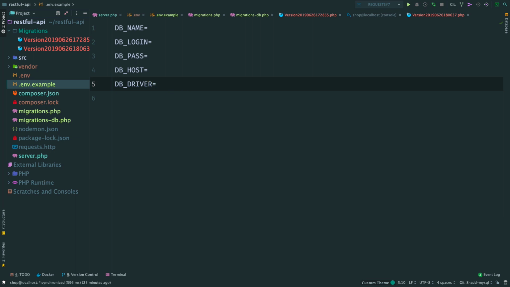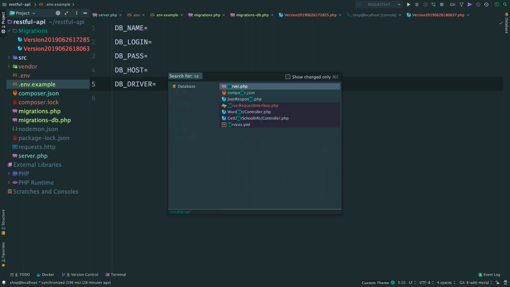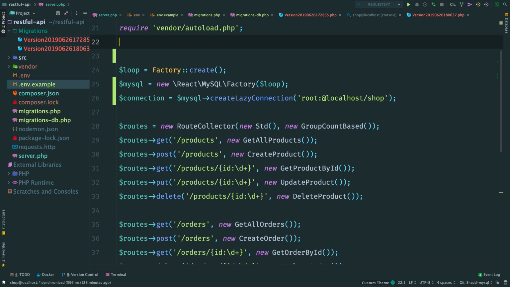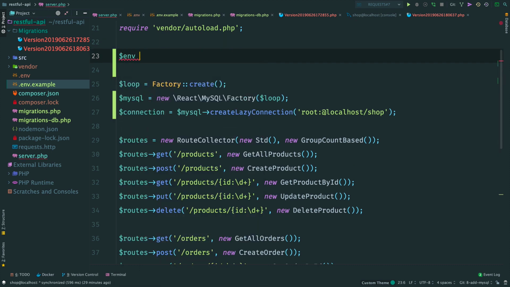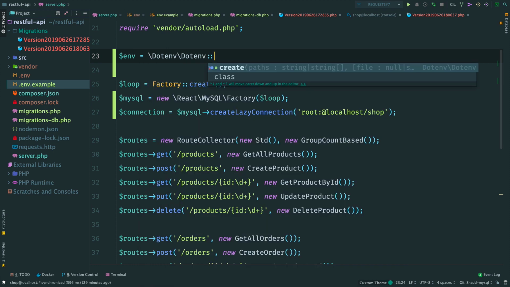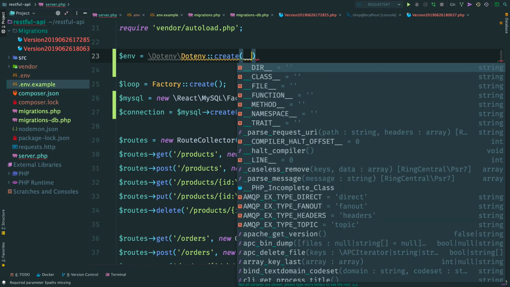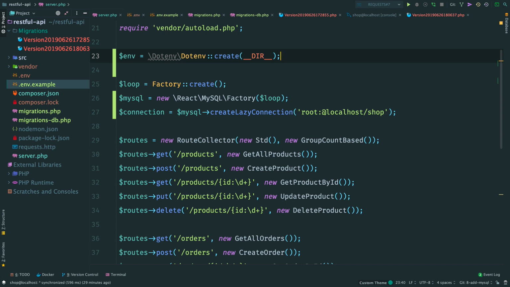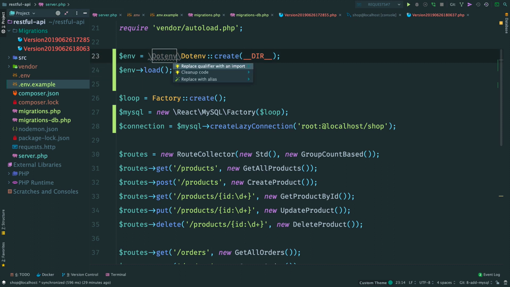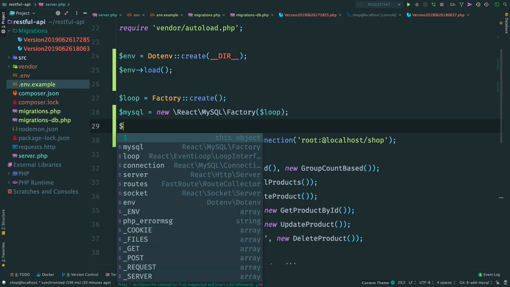Done. Now, having this file, we can read environment variables in our code. Here in server.php, create an instance of Dotenv and provide a directory where it should search for a .env file. In our case, it is the current directory. Then load the file. Once environment variables are read, we can get them in the source code by calling the getenv function.